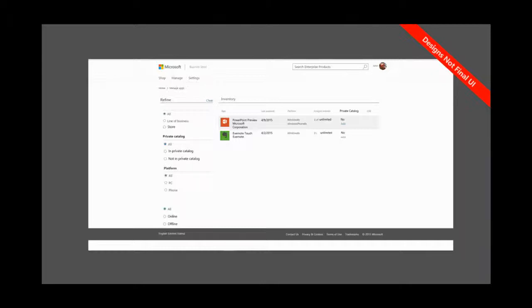Once users are starting to download it from the store, in the store environment you will see how many users are using it. When they do it from an MDM system, you will see in the MDM system how many users are using it on what devices and those kinds of things.